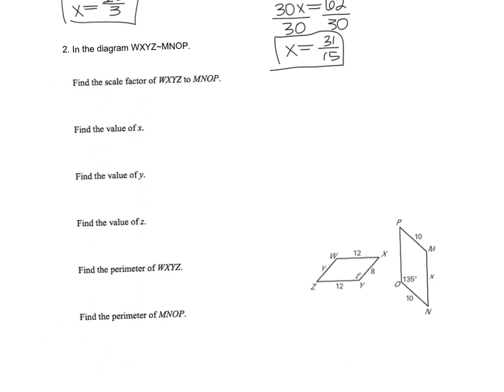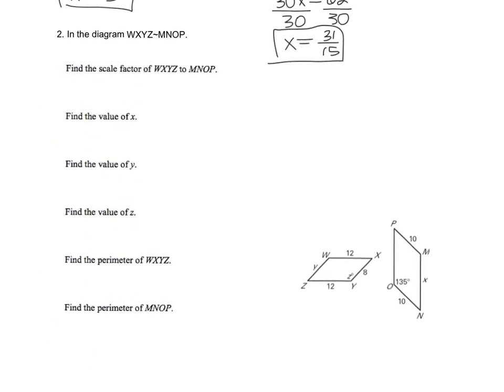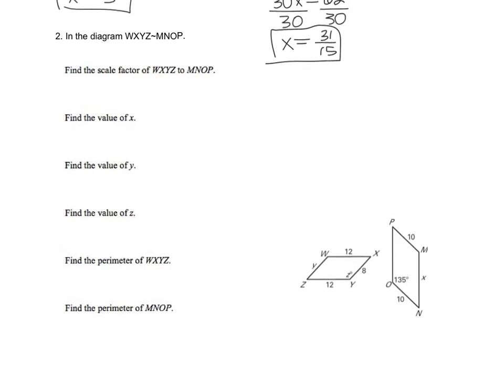Next, we're going to take a look at our diagram, which is 2 quadrilaterals. We know that WXYZ is similar to MNOP. So the first thing we want to do is find the scale factor of WXYZ to MNOP. So that tells me what value goes in the numerator of my scale factor. So I always put a side length of the first figure in the numerator. We have to make sure that side we pick is a side that we know its corresponding side length in